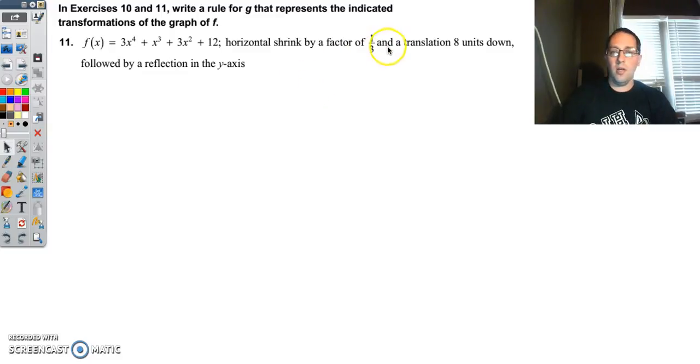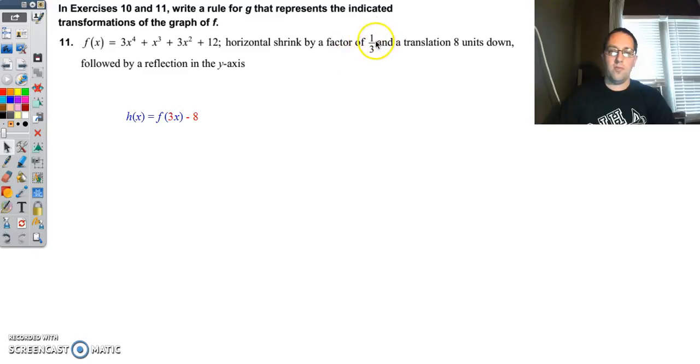Okay, so let's see how we did. Here's our f of x. We need a horizontal shrink by a factor of 1/3 and a translation 8 units down, followed by a reflection on the y-axis. So this stuff is going to happen second. This stuff happens first. We're going to do this in 2 steps. We're going to make an h of x and then a g of x. So h of x,